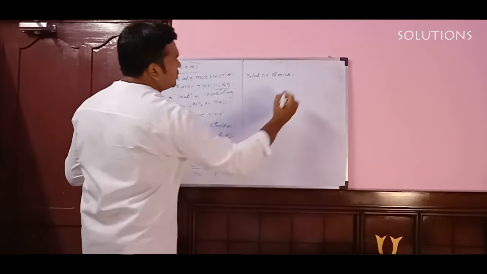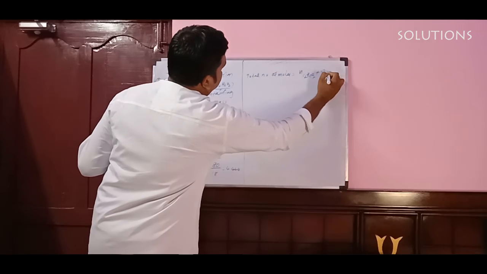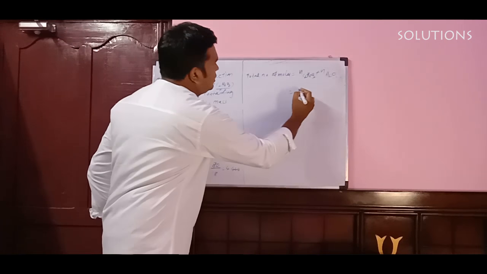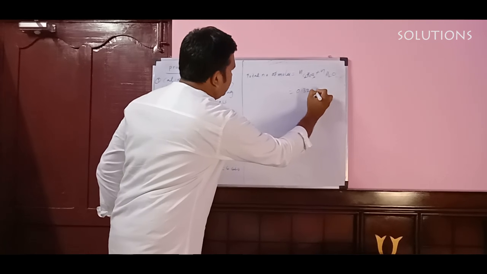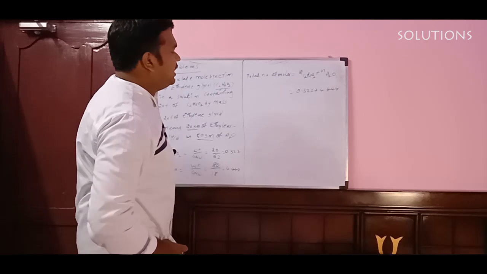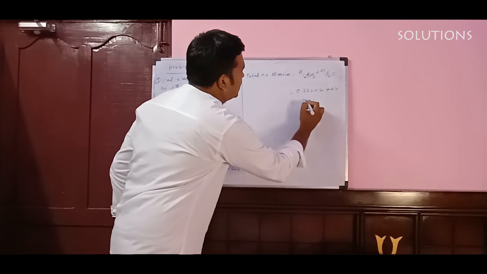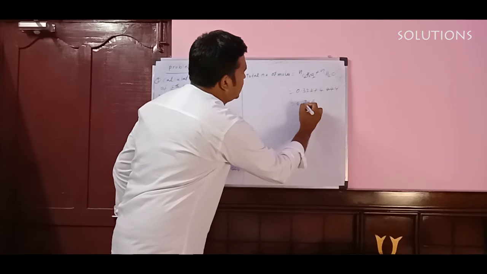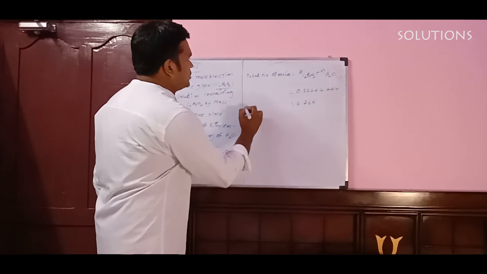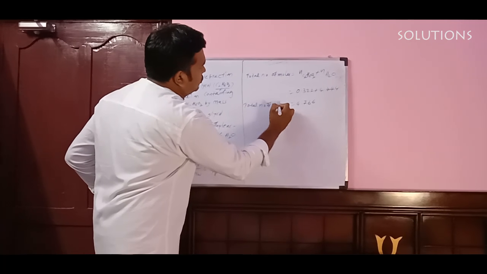Total number of moles is equal to number of moles of ethylene glycol plus number of moles of H2O. Glycol, how much we have? 0.322 plus 4.344 we have. So you can add this one, how much you will get? 4 plus 2 is 6, 4 plus 3 is 7, and you will get nearly 4.766. This is the total number of moles.